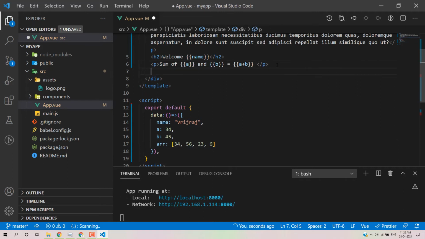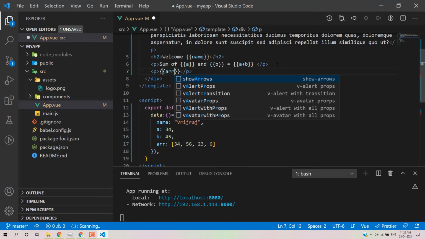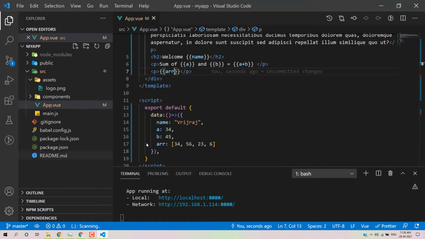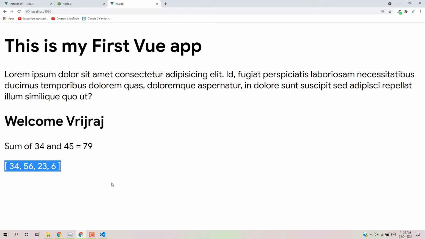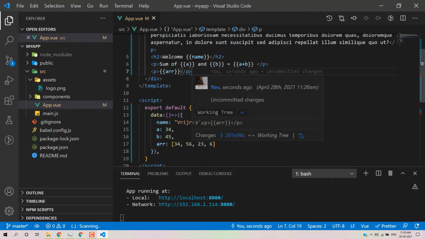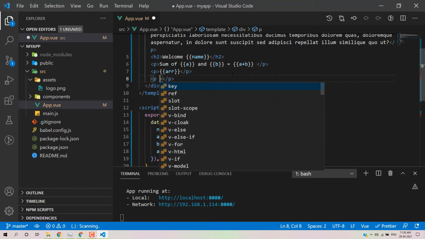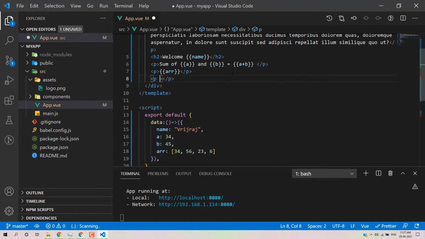If you want to print each element of the array, we have to use a for loop. So how can we use a for loop? I'll create a p tag, and inside the opening tag we have a directive, which is just like an attribute. The directive is v-for, because we want to apply a for loop.